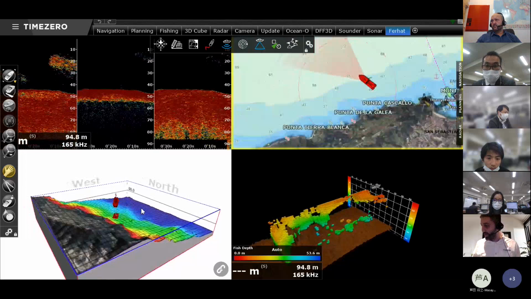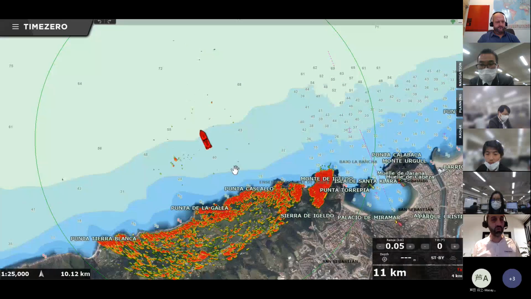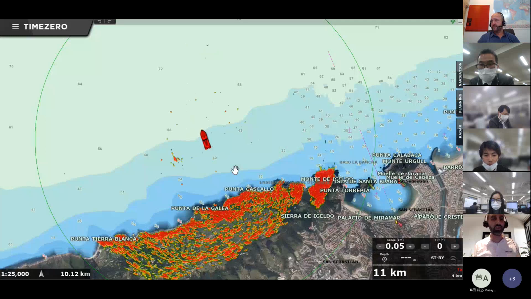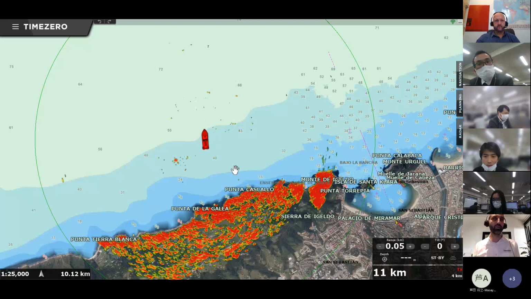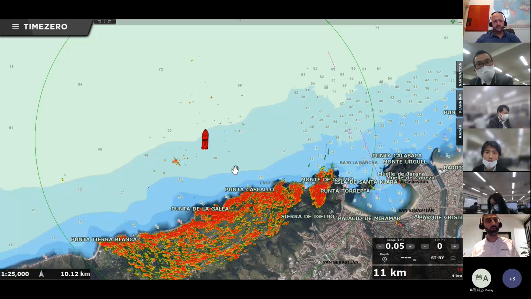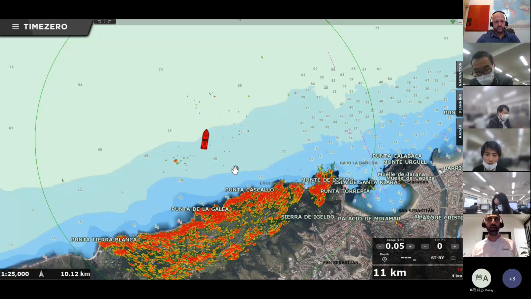Okay, so it's an hour and a half of presentation. This is what I wanted to show you today. I wanted to focus on 4 specific points. First of all, Time Zero is not a complicated software. Even for low education fishermen, it's a very intuitive system. The second point was how easy it is to manage the database with the layers and the filters.